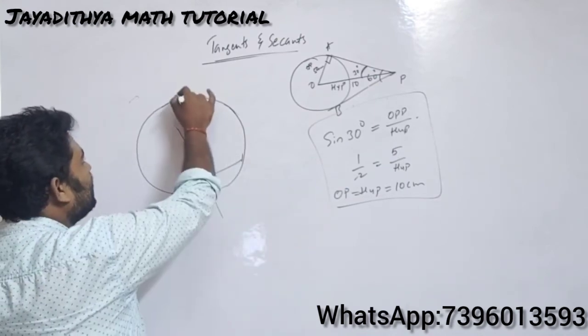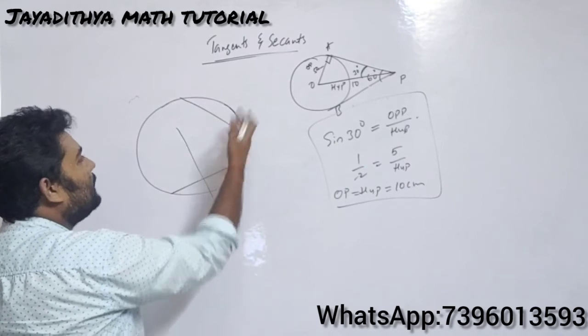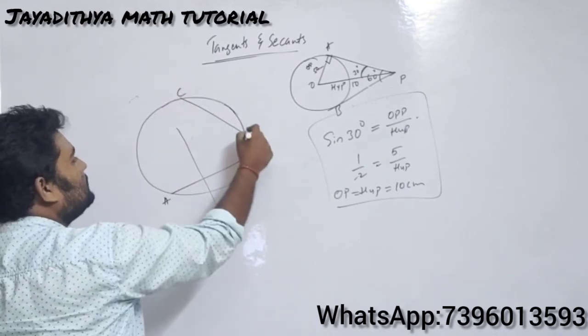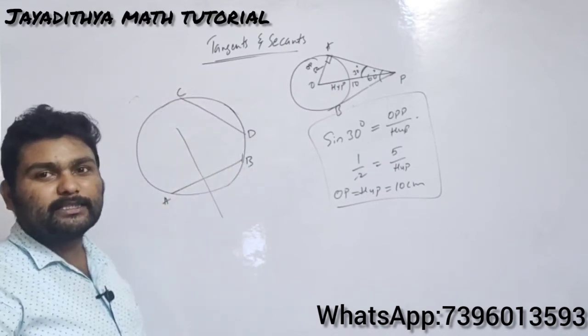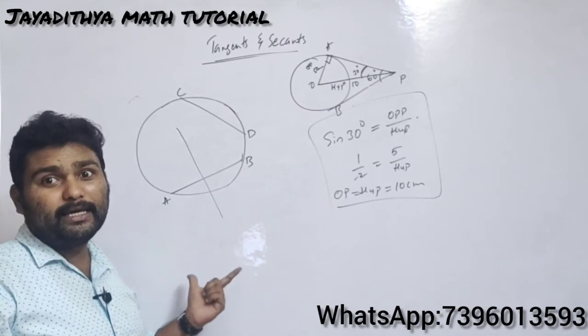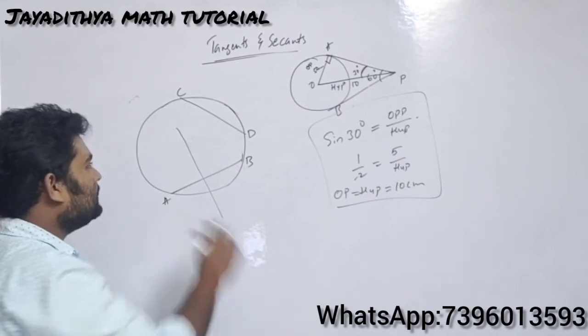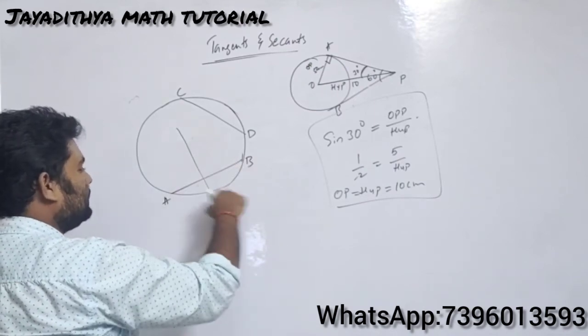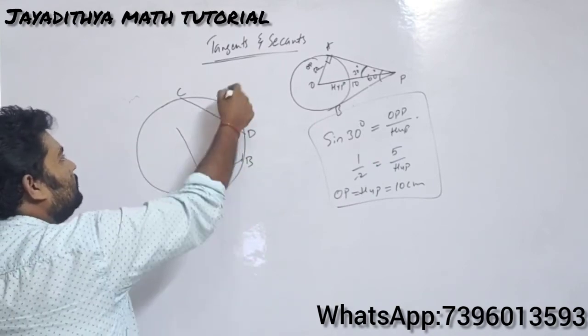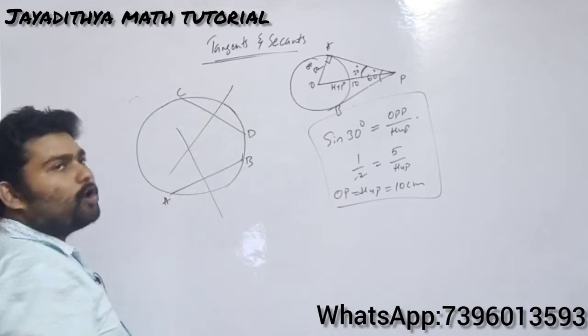For that reason, you take one more chord and draw the perpendicular bisector for this chord. Let us take this chord as AB and this chord as CD. Again, you draw the perpendicular bisector. How to draw the perpendicular bisector? Just now I told you, we drew the perpendicular bisector for OP such that we got a point M. In the same way, take more than half radius, draw an arc here and here from A. Do like that, then you will get the perpendicular bisector for chord CD also.